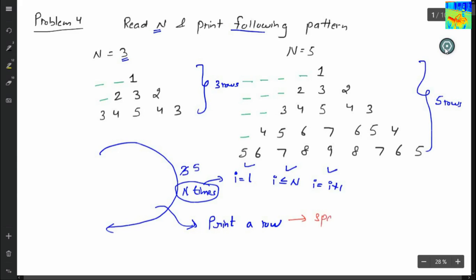First of all, I will print spaces, then I will print numbers. Here the value of I is 1, here the value of I is 2, and here the value of I is 3. Similarly, here the value of I is 1, here the value of I is 2, and so on. Here the value of I is 5.